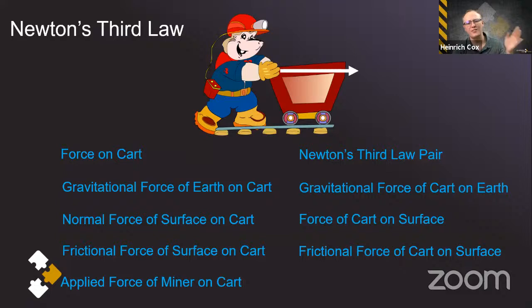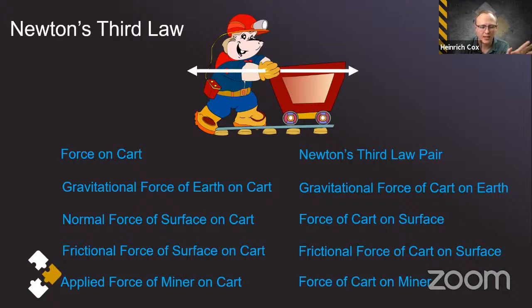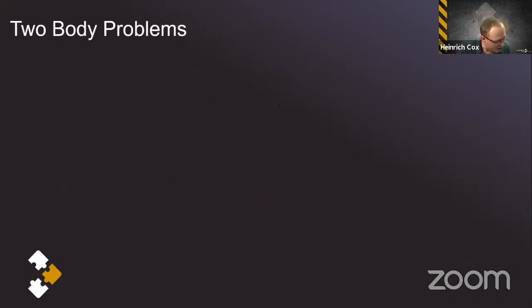And then there's an applied force of the miner on the cart, which means there's a force of the cart on the miner. Okay, so that's just to illustrate Newton's third law. Most important thing is they act on different objects. Okay, so now two-body problems. So I've apparently got 2 minutes left, which means I'm going to take a little bit of the Q&A time just to be able to get through some principles here and then to do